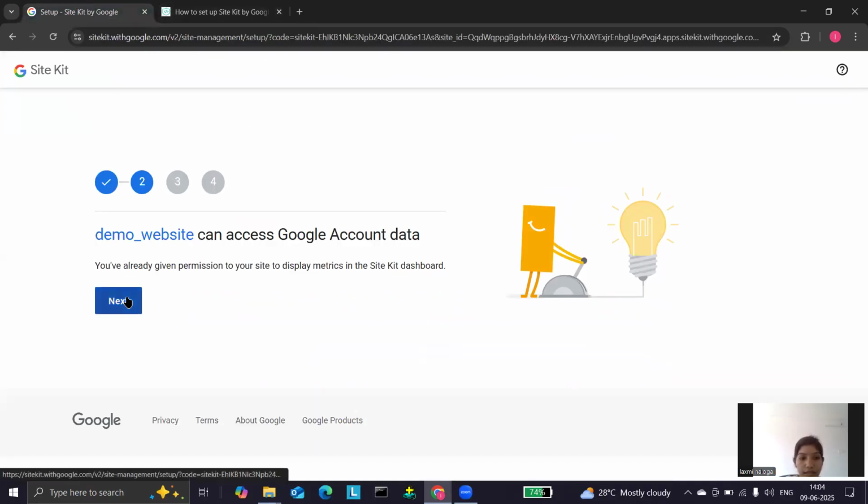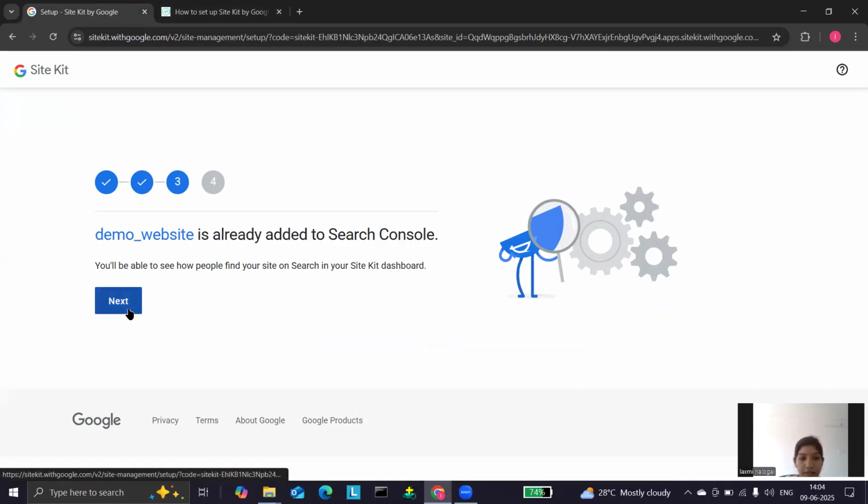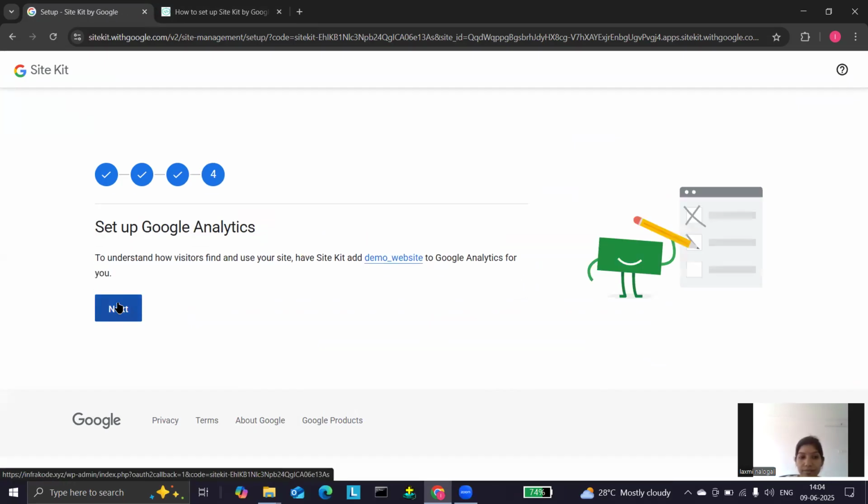Then in the next step, for adding our website to Search Console, we have to click next. Now, to set up Google Analytics, we have to click on next so that visitors can access our site using Search Console. For that also, we have to click on next.